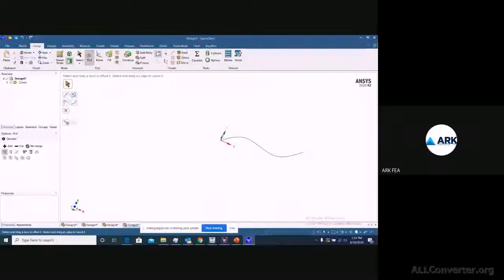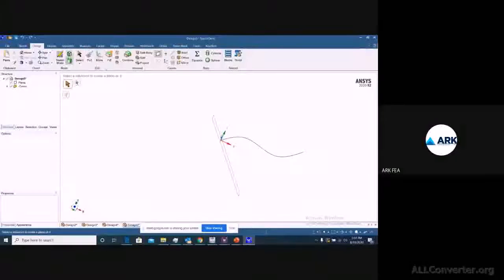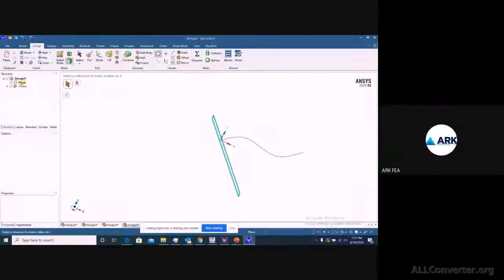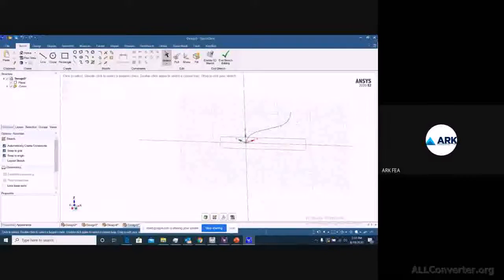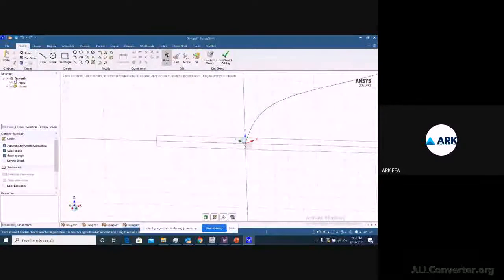So this is your 3D mode. Get back to design, pick up the point, and select this plane, then go to sketch mode. Now you can see that you'll have to sketch here.